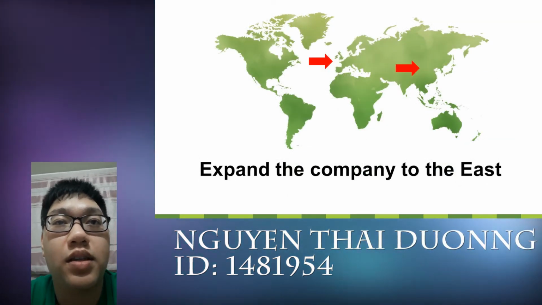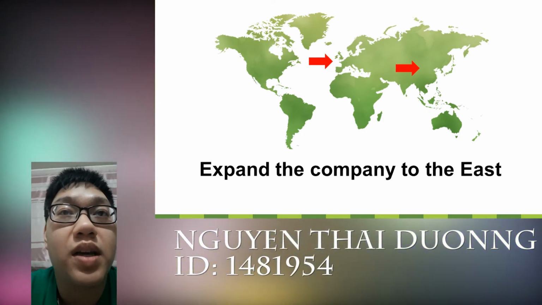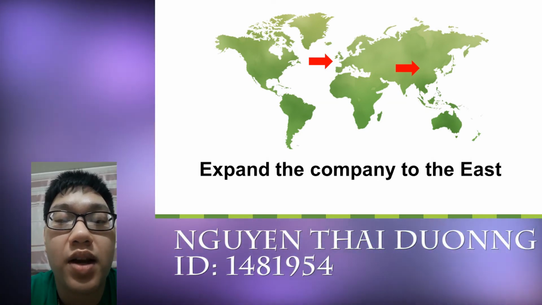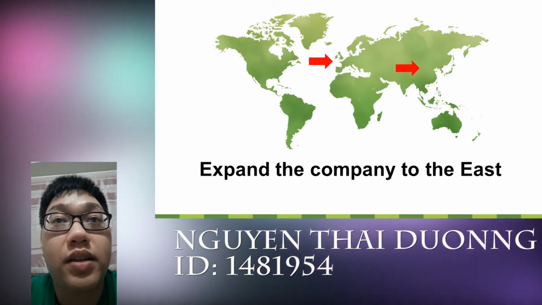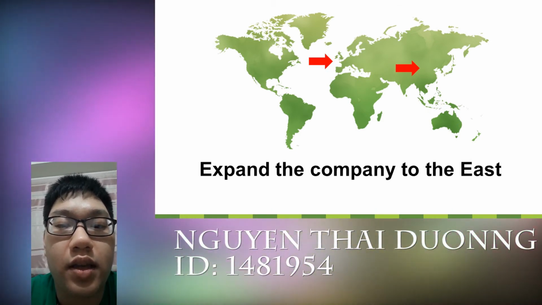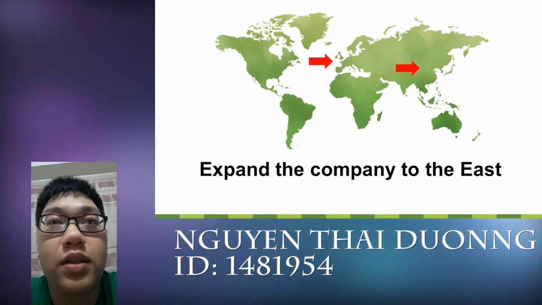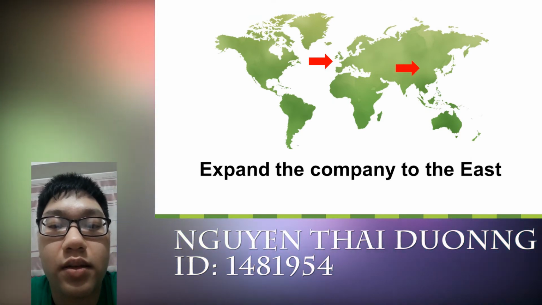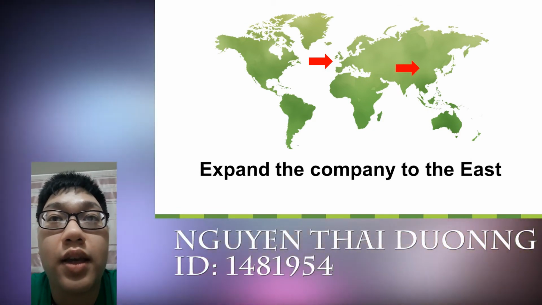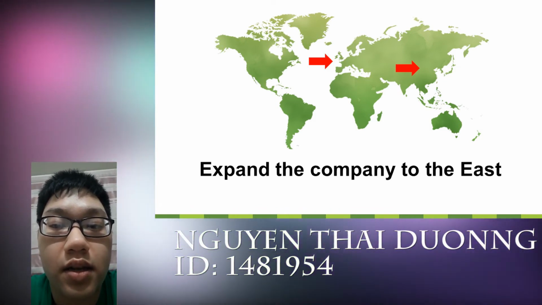The next option is to expand the company to the east. So expand to the new market in the east because Europe and Asia have more similarities than South America and Africa, such as cold weather and a food hobby of cake and hot drinks. But when they expand the market there, they should study the culture and the market very carefully. Europe may have some of the same culture as Canada